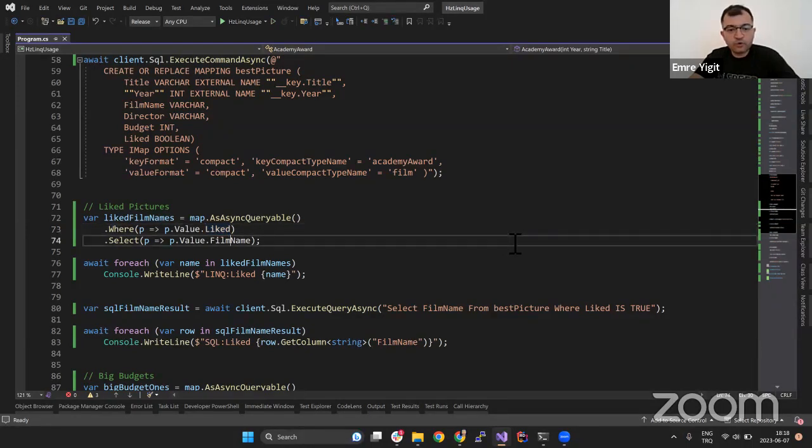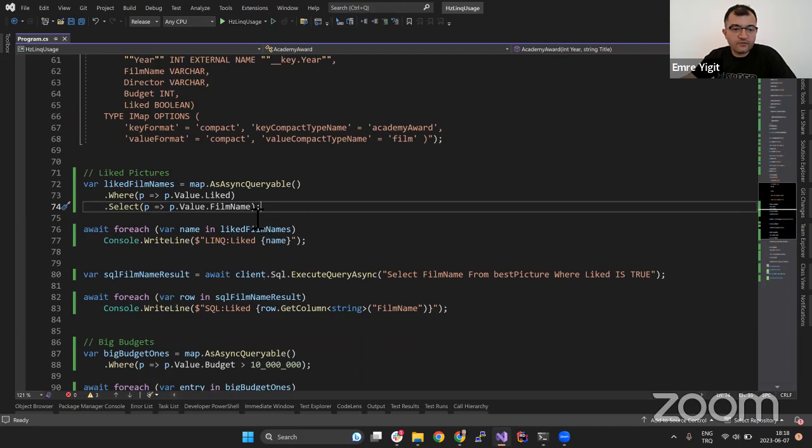And also we don't want to get all the data. So what we can do is project the fields that we would like to fetch. So I'll fetch only the field names here, which is also stored in the value of the map entry. And after that,